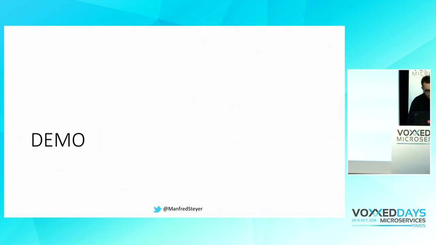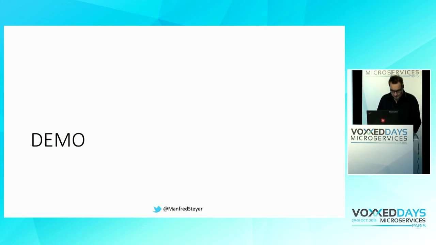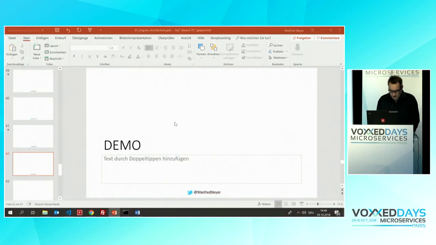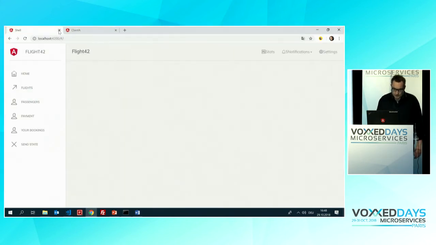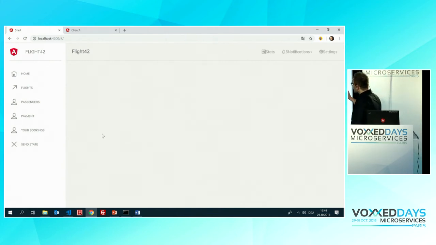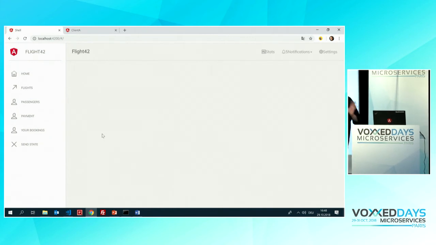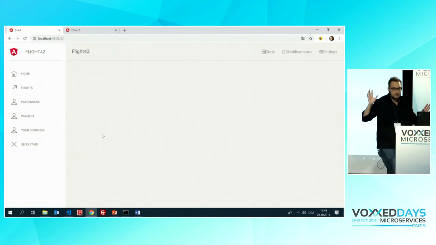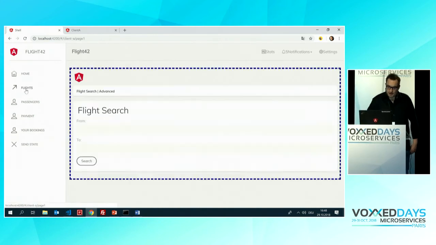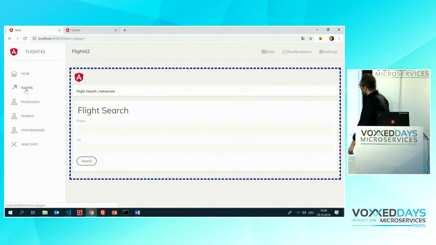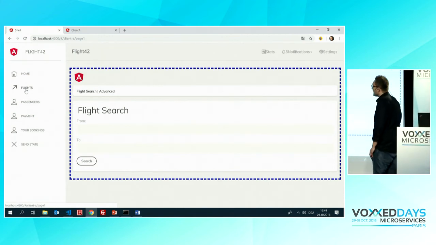Okay, let me show a demonstration for this. In this demonstration, I have an application that looks similar to the application we've seen before, but now this application is not a big single page application, it is just a shell. The whole purpose of this application is to load other applications on demand into the working area. And here, as you see by the logo, I've loaded an Angular application